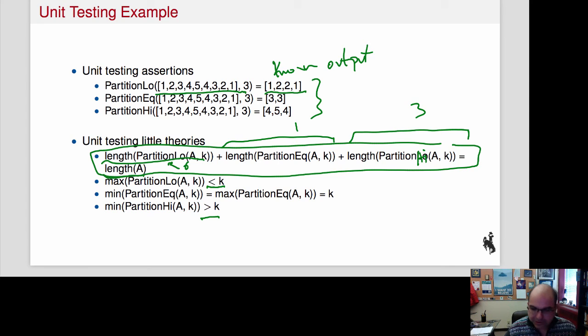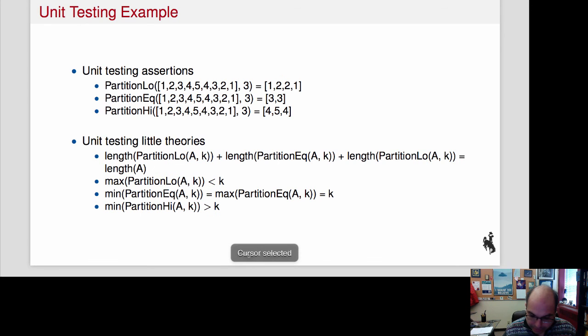So all of these are just simply things that I expect to be true no matter how the partition code is implemented, and also no matter what the array looks like, right? It could be a randomly generated array. I expect all those properties to hold. That's what makes it a little theory. Okay, now